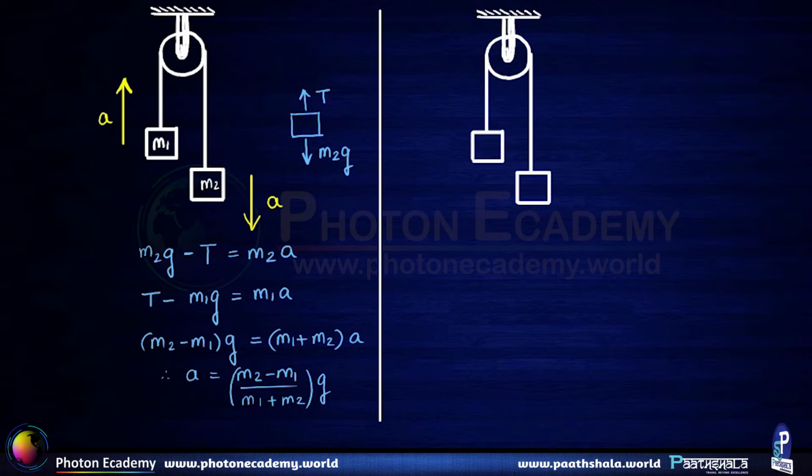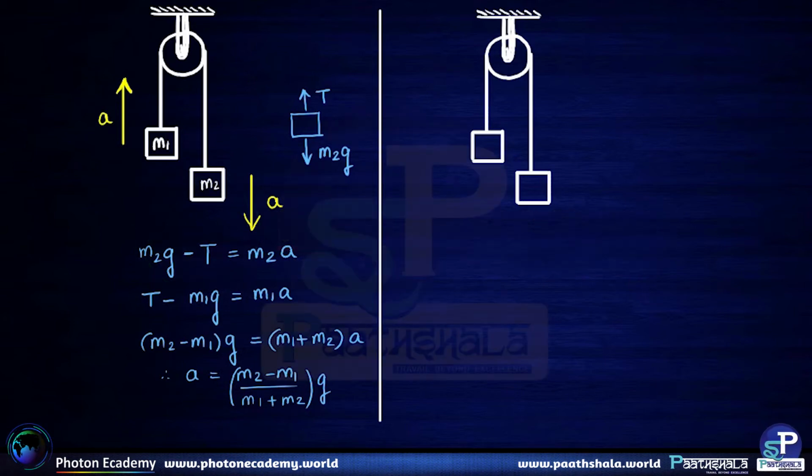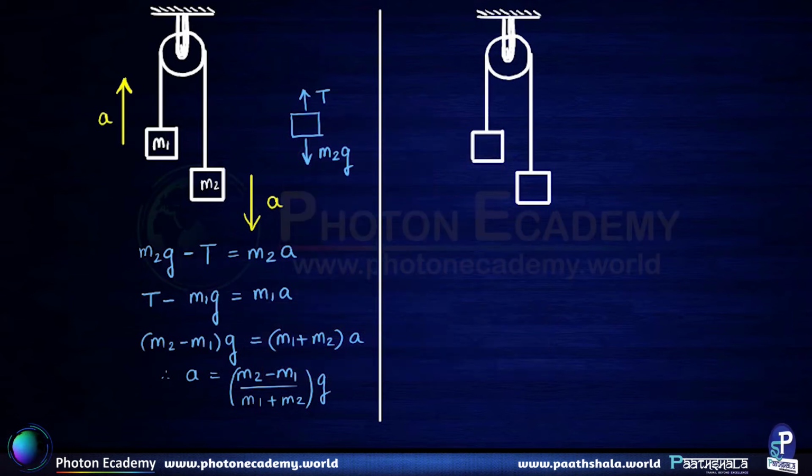So this we will call the logical method, wherein the accelerations are already intuitively known to us. So this method can be employed in order to find out the final acceleration. This final acceleration can then be substituted in any of these two equations to get the tension force. Mind you, if m1 happens to be greater in value compared to m2, then the value of acceleration a will be negative. That is perfectly fine. That means m1 would be going downwards and m2 would be going upwards in that particular case.